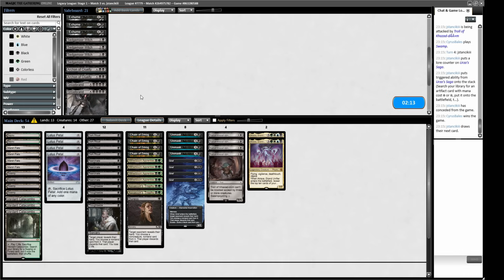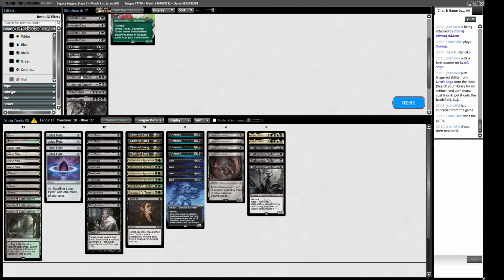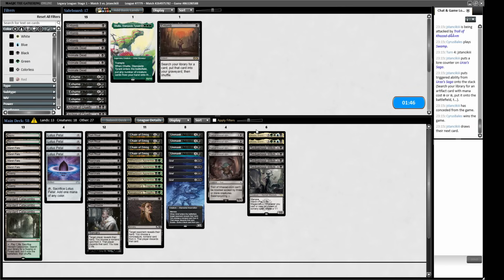Like, infinite creatures isn't really going to get us there. It's good against the Saga side of their deck, I suppose, if we can rely on the rest of our disruption. So maybe I'm down for that. Was there 2 more that need to come in? What am I missing here? We've got these Unmasks. Got the Reanimates here. It's these 2 Atraxas as well that we don't really...